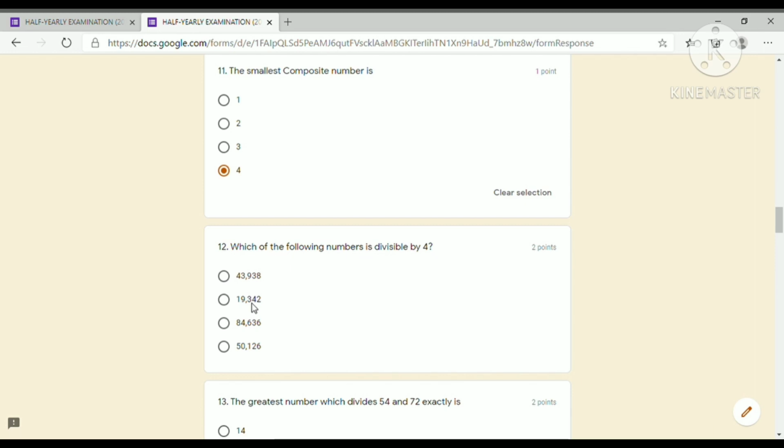19,342. See the last two digits, 42. Is 42 divisible by 4? No. 4 tens are 40, 4 elevens are 44, not 42. So this number is also not divisible by 4. Now comes the third option, which is